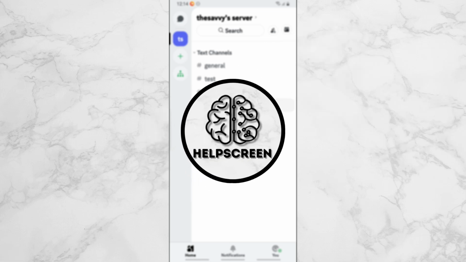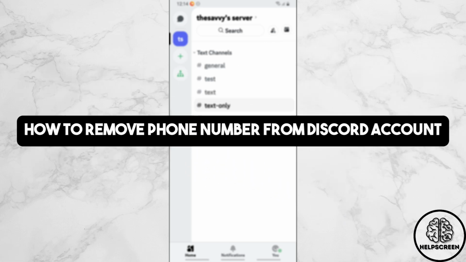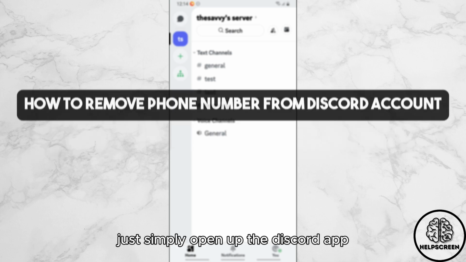Welcome to Help Screen. Now, if you want to remove phone number from Discord, first just simply open up the